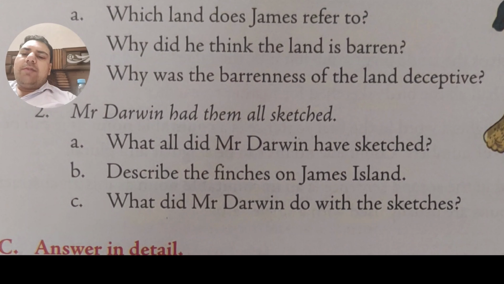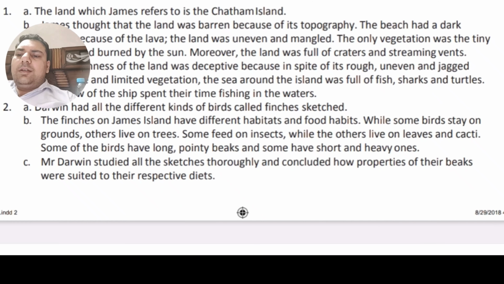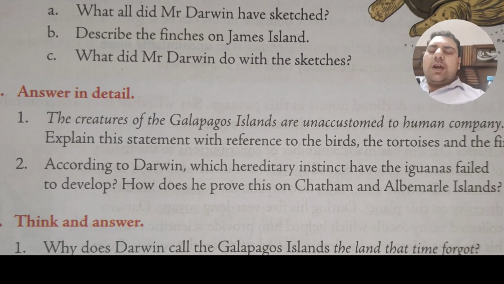What did Mr. Darwin do with the sketches? Mr. Darwin studied all the sketches thoroughly and concluded how properties of their beaks were suited to their respective diets. So now we are moving to the C part. Answer in detail. The first question is,